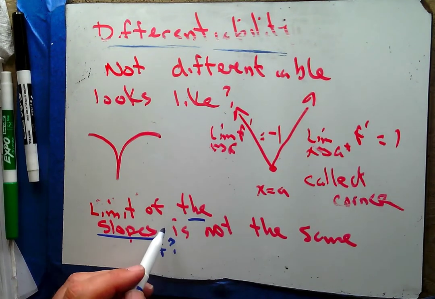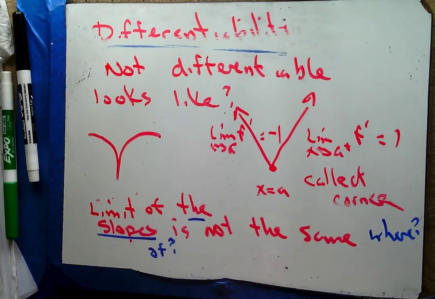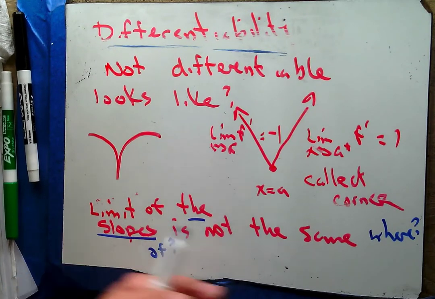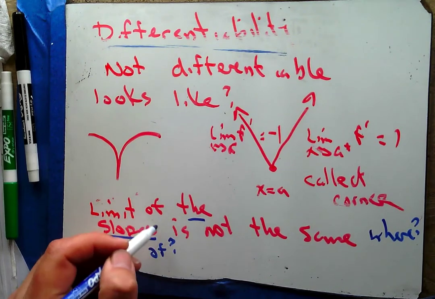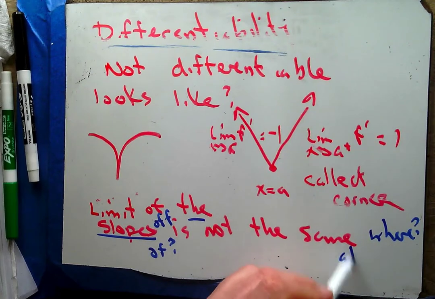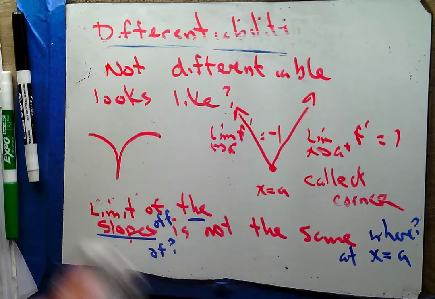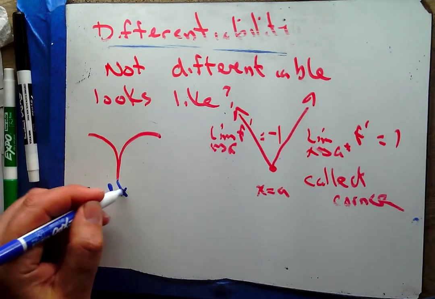So that's not clear. And the slopes aren't the same where? Where aren't the slopes the same? Because it could well be that the slopes are the same at lots of other places, but you're not telling me anything about where. So you probably want to say the limit of the slopes of f are not the same at x equals a. And now you've said so many words in English that really it would be much less work just to say not differentiable